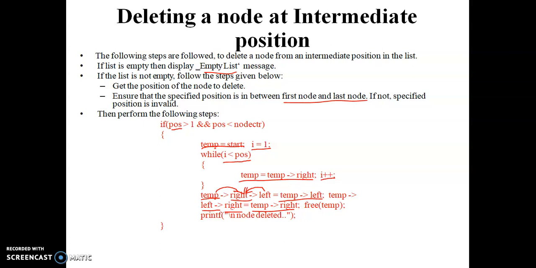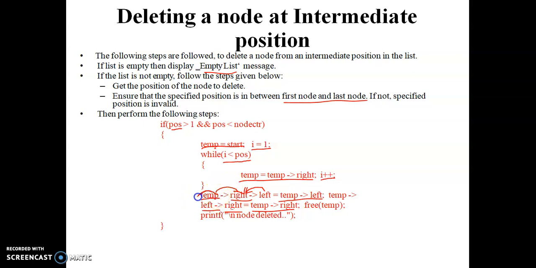What we are doing is we need to remove the temp node, so we are assigning the temp node's previous node as the previous node for temp node next. And at the same time we will assign the temp node previous node's next node as the temp node next node. Say for example, if you want to remove the 20, you need to make the 10 node next as the 30 node, and 30 node previous as the 10 node. That we are doing like here.